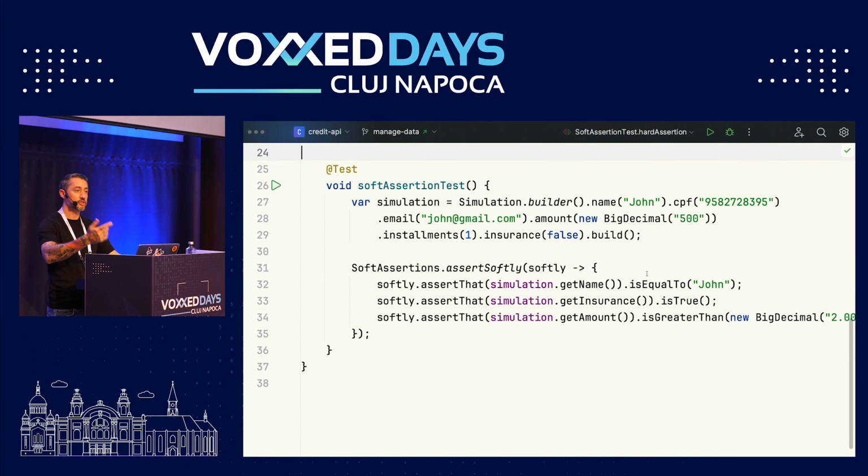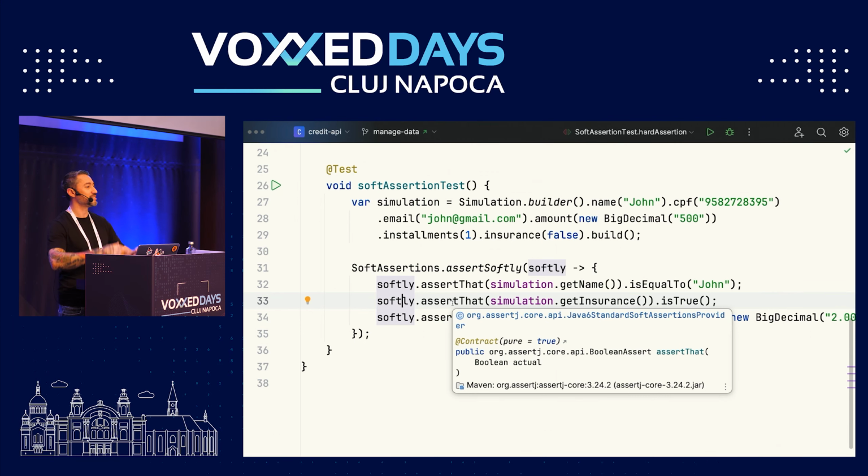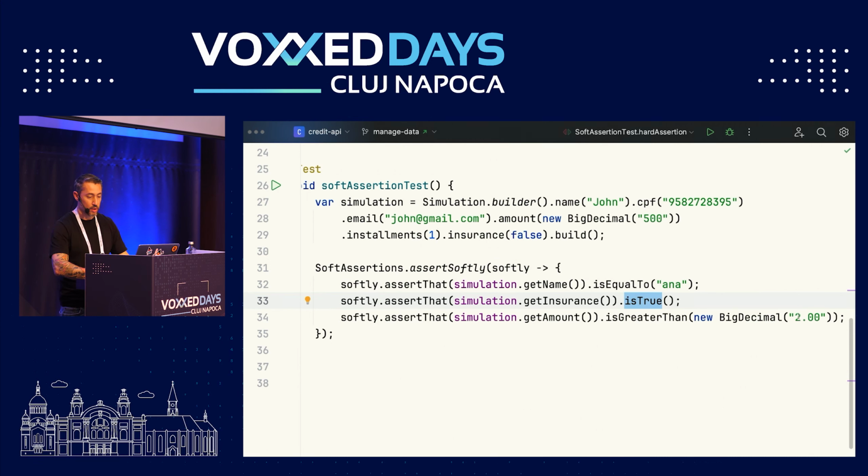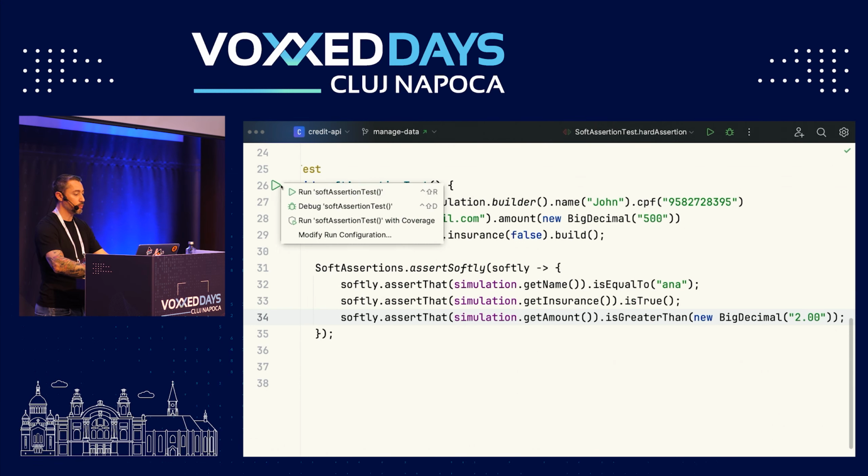There's a feature in AssertJ called soft assertions. I use assert softly. I create a reference for it and name it softly. Before each assertThat, I add softly.assertThat. Simulation name is equal to John, and so on for this and that. What is going to happen here? I will change the data, and it's true, and I put 2. Okay, everything will fail, right? But when I run this,